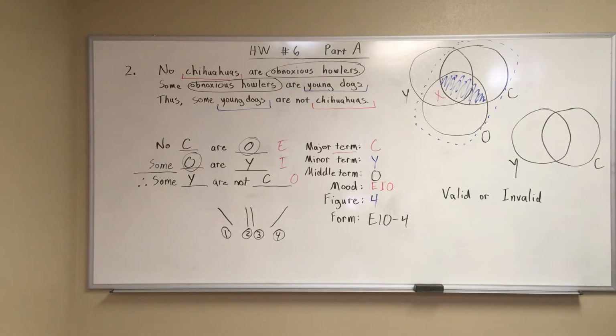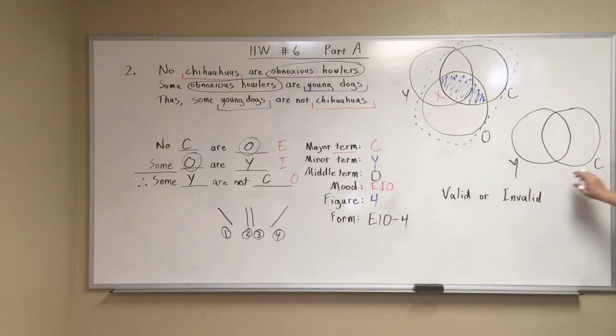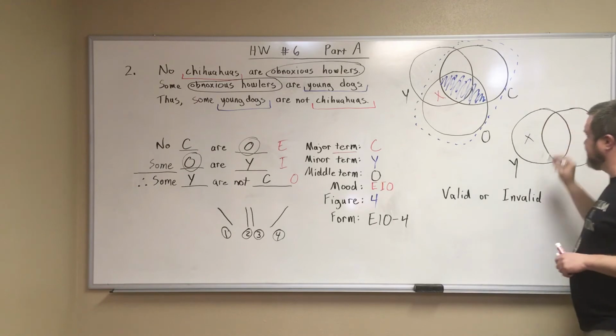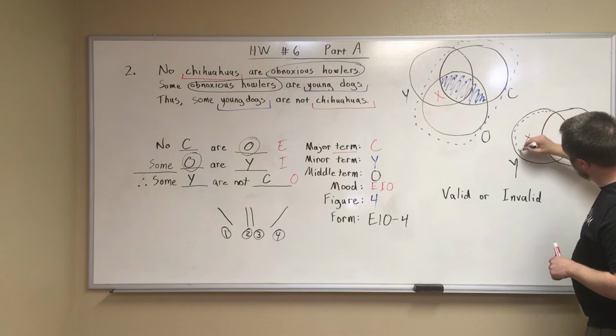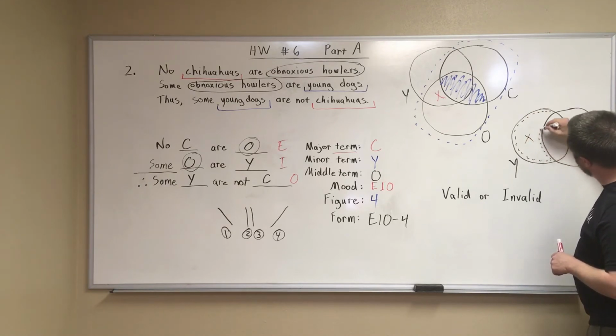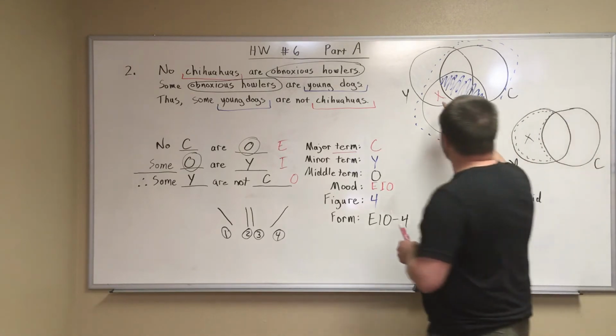So let's go ahead and move to the conclusion. And conclusion is some Y are not C. So Y, C. So it's saying at least one Y is not a C. So we have an X somewhere in this section right here. So we're going to take that information, since that's the only information the conclusion gives to us, and see if that's represented